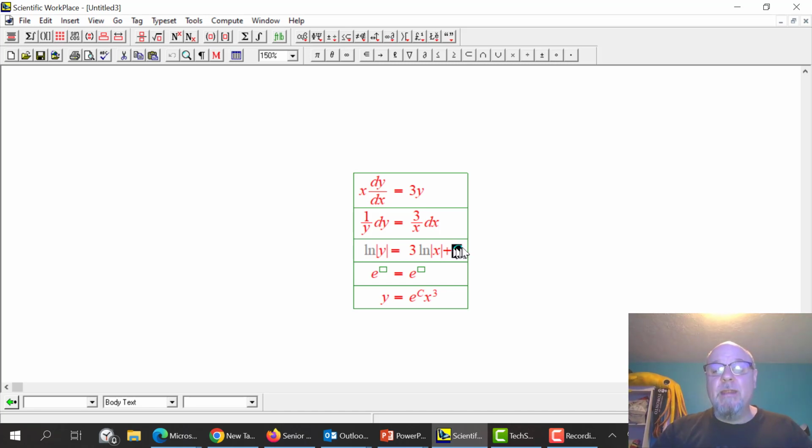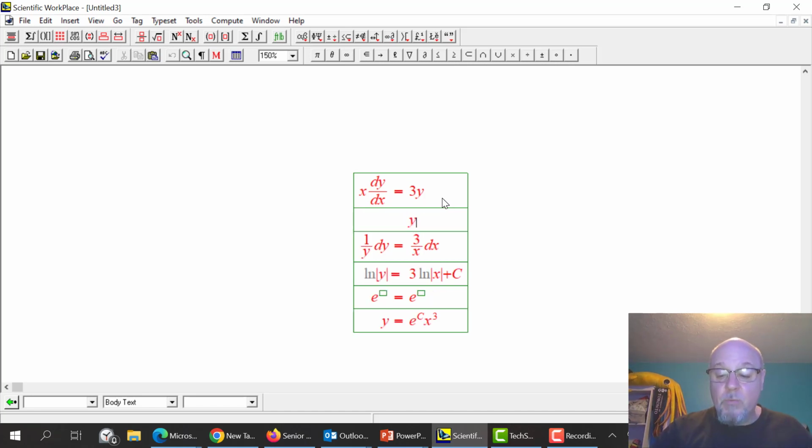If I was to try and get the c right now, I would be making x equal to 0 and y equal to 0. So I'm taking the ln of 0, and that's negative infinity. We can't do that. Where did that problem occur? Well, it's also a problem up here because when x is equal to 0, this whole 3 over x side dx is undefined. The original question actually had a problem because if I write it as y